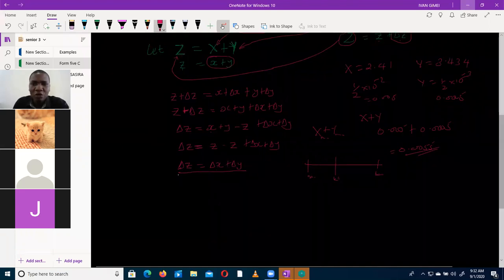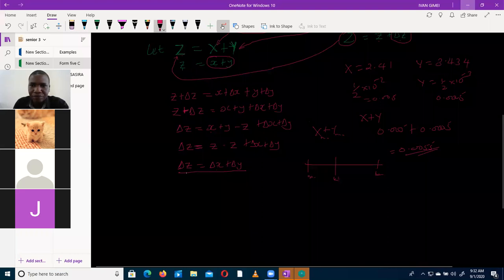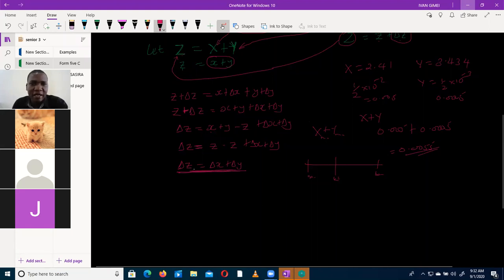But then we talked about absolute error. This is not absolute error. We defined absolute error as the magnitude of the error. We found the expression for the error in x plus y. But if they ask you to find the expression for the absolute error, we don't stop here. Because absolute error, we know, must have the magnitude. We get the magnitude of the error. So if you're looking for the absolute error,